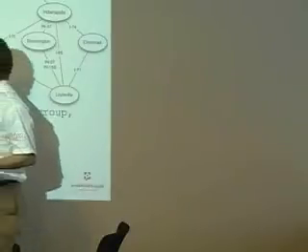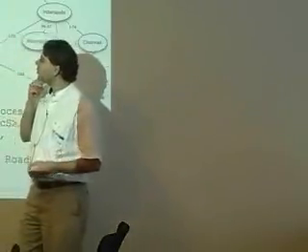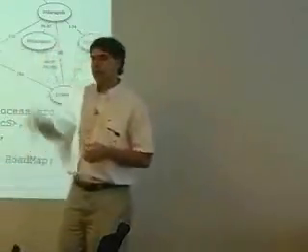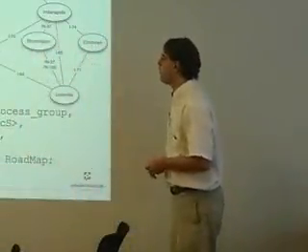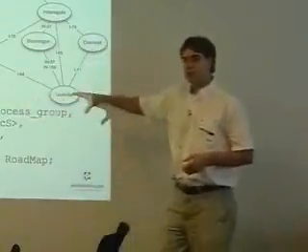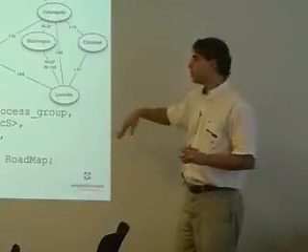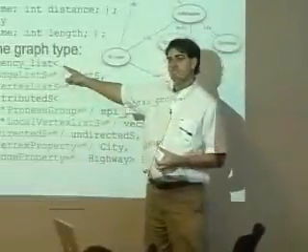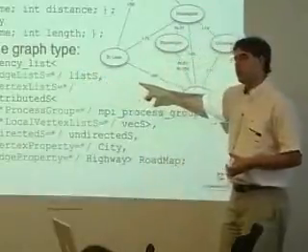A vertex is a city that maybe has a name and a distance from some source. And what is an edge? Well, maybe it's a highway with a name and a length in miles of the highway. And then you build your graph data type. So you could create your own data types if you'd like to create your own data structures. That's fine. The library also provides one it calls adjacency list, which is the Swiss Army knife of graph data